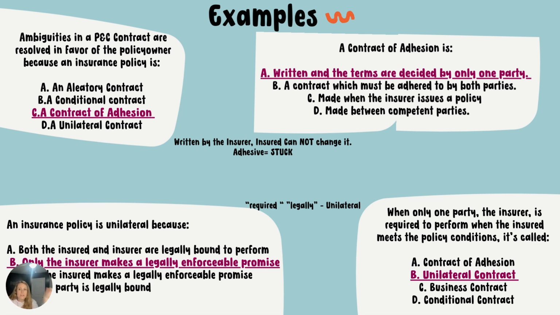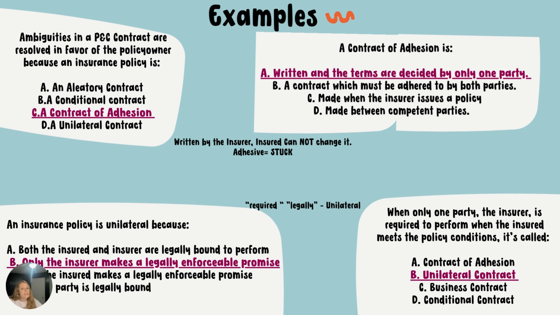So again, a contract of adhesion is written and the terms are decided by only one party, right? The insurer wrote that policy. It was decided by the insurance company, that one party, and the insurer cannot change it, right? So again, think of stuck. Down here, we have an insurance policy is unilateral because this answer is